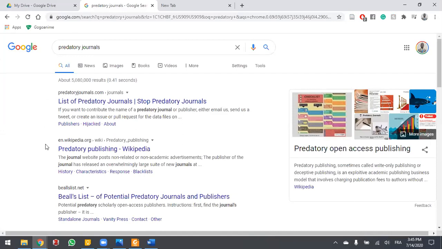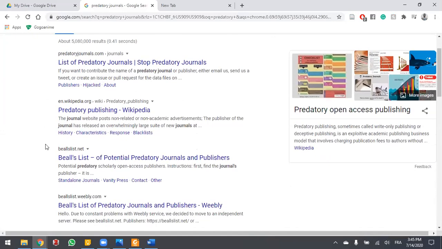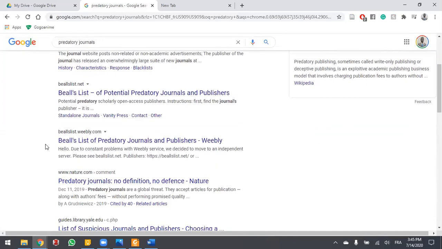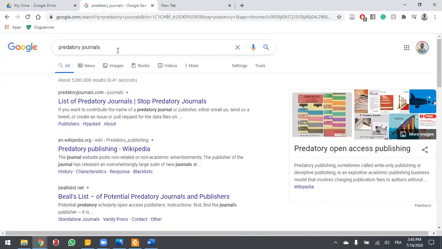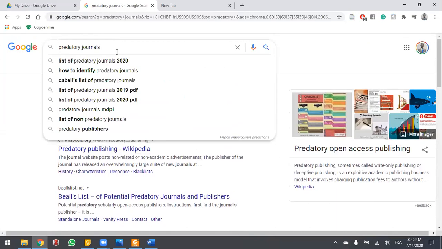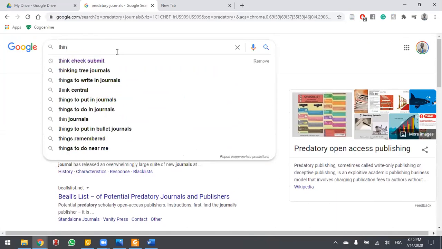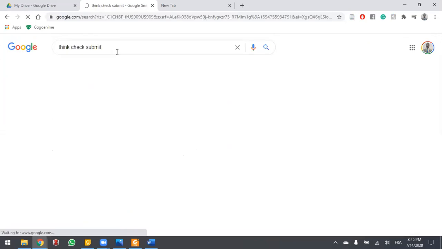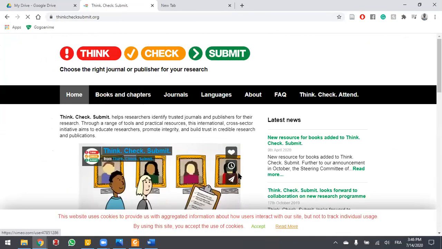You can go on the internet and find lists of all the predatory journals, but there's no single comprehensive list. So as a result, you need to go through a lot of them. One way, if you ever doubt a journal is predatory, I advise you to use Think, Check, Submit. Go to Think, Check, Submit and follow the steps, and you'll be able to know. If you're doubting, just try another journal.